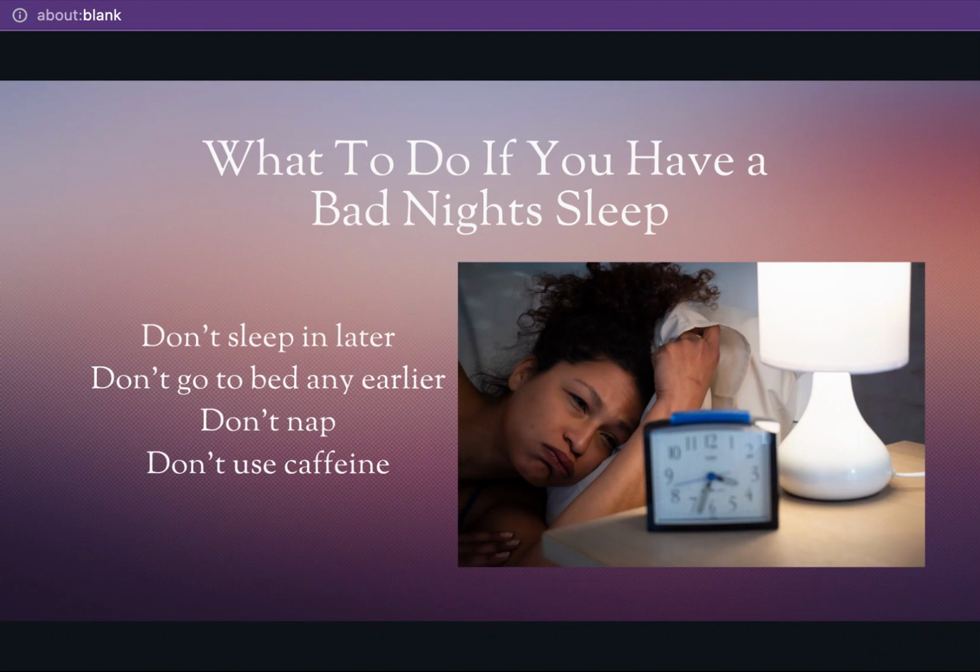So, with the best of intentions, you've had a really bad night, you've only gotten 3 or 4 hours of sleep, 5 hours of sleep, and you are waking up in the morning angry because you know you need to be sleeping, but you can't, or you didn't. So, here are some recommendations about how to handle that situation.